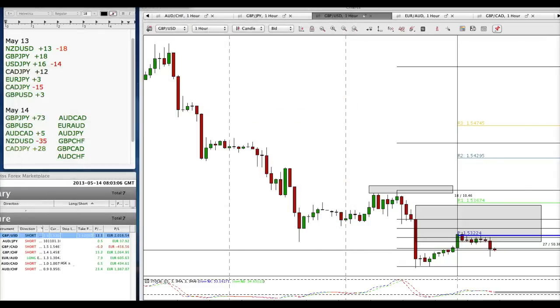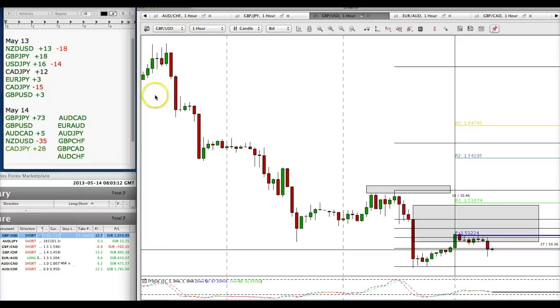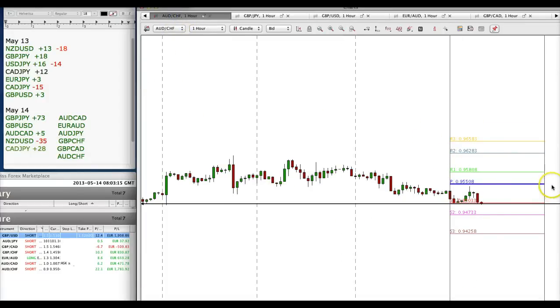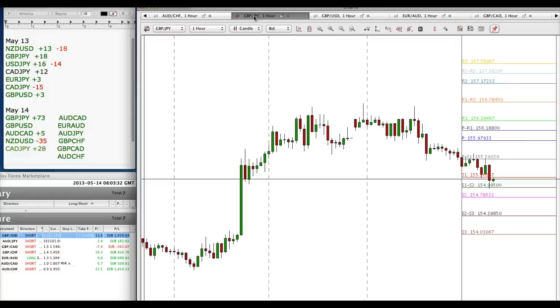So let me just briefly go over the strategy again. Let's start from the Aussie Swiss. Price coming into the Asian session was below the main pivot point on the 4-hour, daily and 1-hour chart. Here's a retracement, and it went up to the pivot point and just turned around and went south. It's currently in that trade. So let's move on. On the pound,